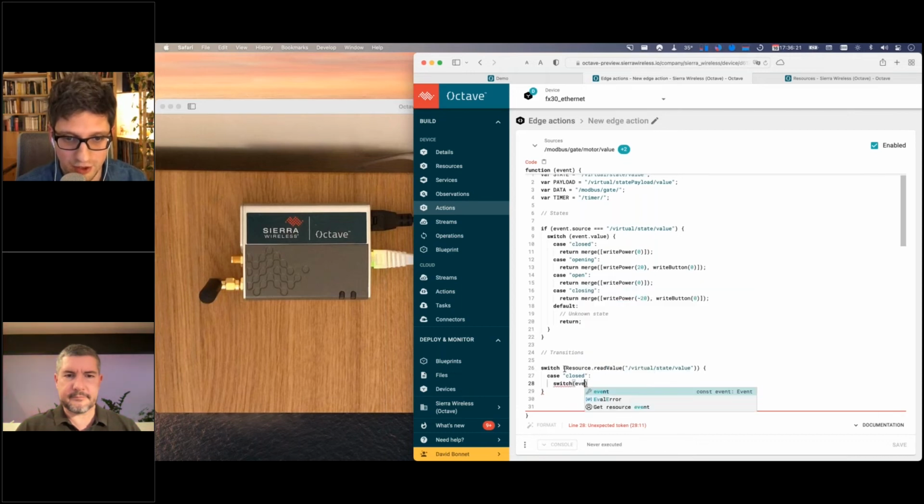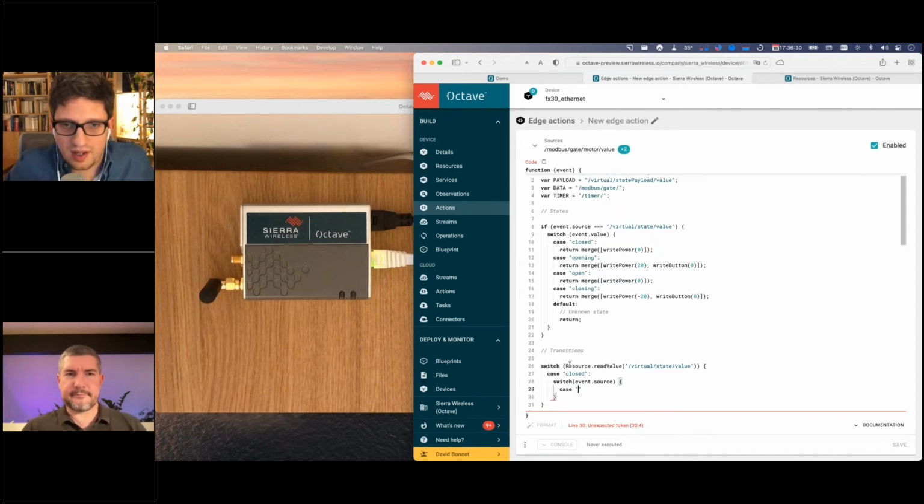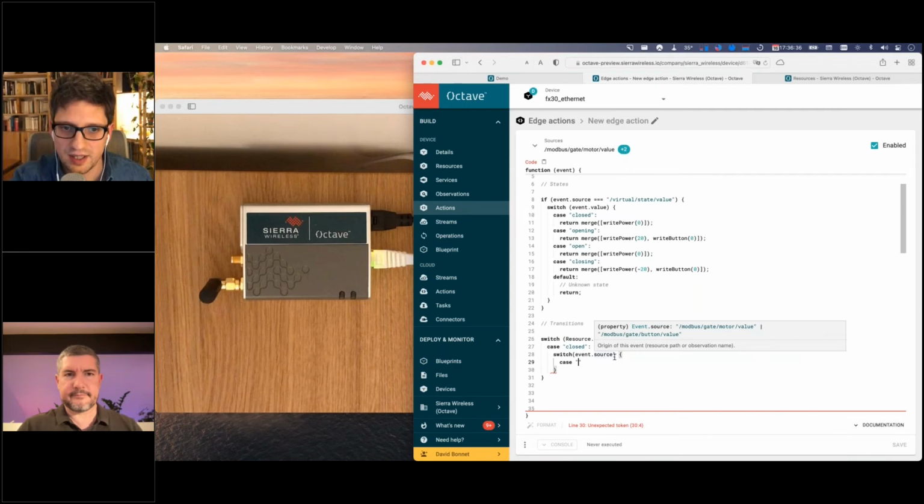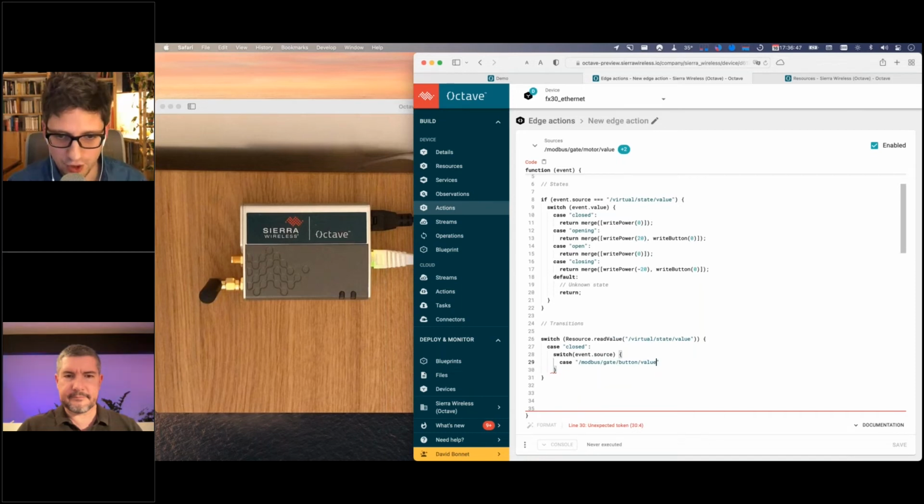So here again, I'm going to switch over the event source, and I'm going to use a case. And well, when it's closed, we want to start opening the gate when you push the button. So here I'm going to use the Modbus, and again I have a nice auto completion. So when I push the button, it will trigger an event, and will trigger this action with an event coming from that resource. And I'm going to check here if the register value, because this is a server, actually, a Modbus server, I'm going to check if the specific register value,